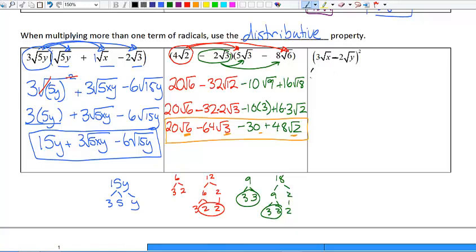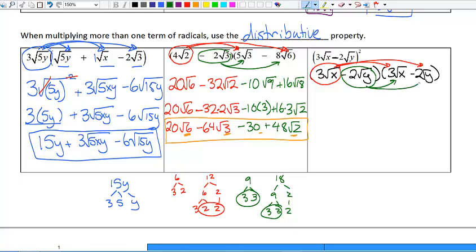What we must do instead is when you are squaring something, that just means multiply it by itself. So we're just going to multiply this out by itself, write it out twice, and double distribute like we did on the previous problem. I'm going to take 3 times the square root of x and distribute both terms in the other parentheses, and then I'll come back and grab negative 2y and distribute that to both terms in the other parentheses. So in red we have 9 times the square root of x squared